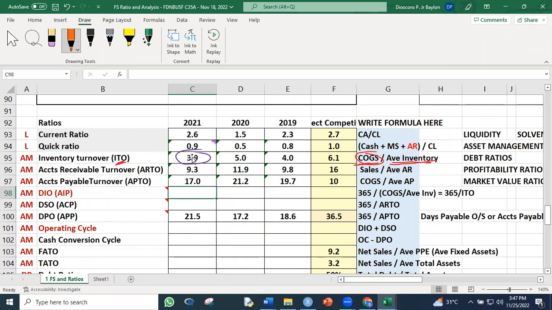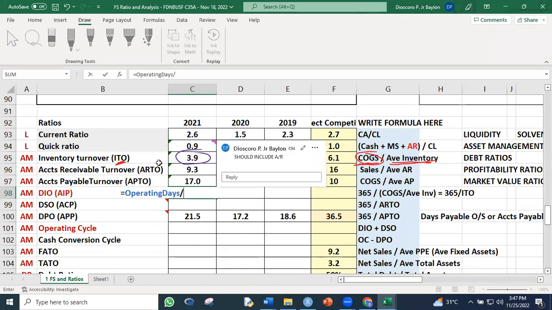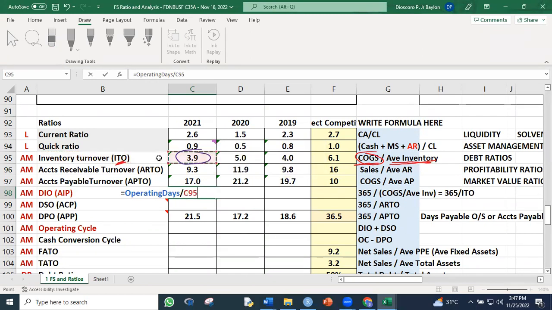They actually mean the same thing, only that the ITO is measured in terms of number of times per year, while DIO is measured in terms of days. So we can also use the operating days divided by the ITO, this one. There. Divided by the ITO. And we get